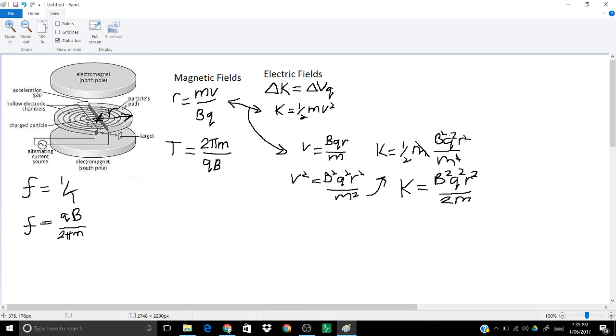I imagine there's more to it than that, but at least according to these equations, the voltage doesn't matter. Because if you have a small voltage, you do more spins, you'd have smaller radius gains, and thereby pass between the Ds more times, picking up more voltage. So voltage itself doesn't feature